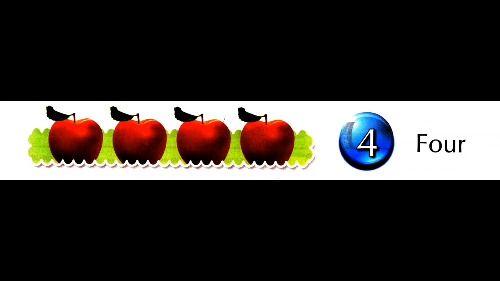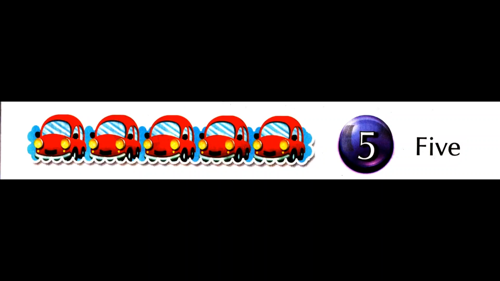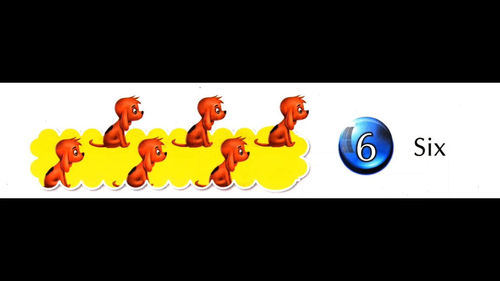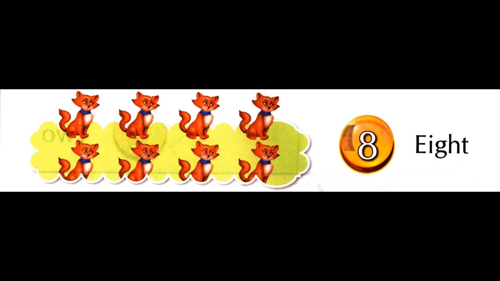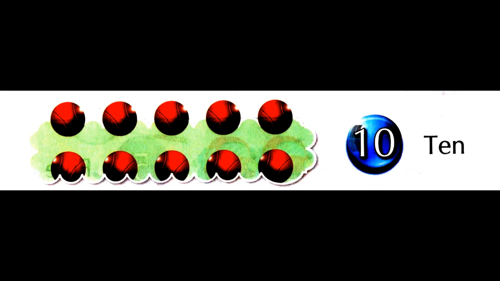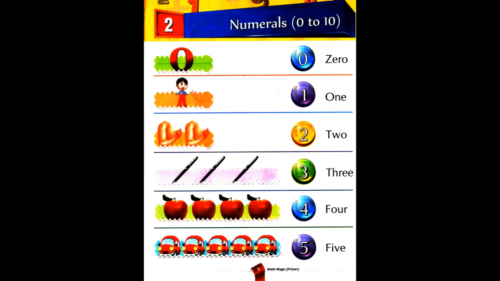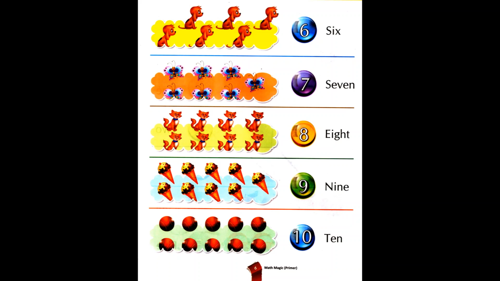T-W-O, 2. T-H-R-E-E, 3. F-O-U-R, 4. F-I-V-E, 5. S-I-X, 6. S-E-V-E-N, 7. E-I-G-H-T, 8. N-I-N-E, 9. T-E-N, 10. As you can see, all these numbers don't have the same counting because the objects are one less